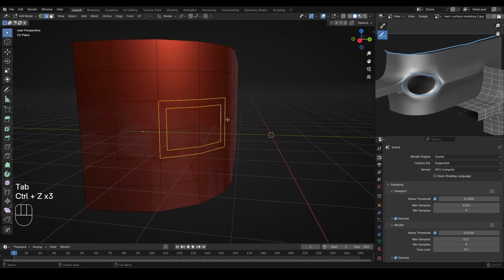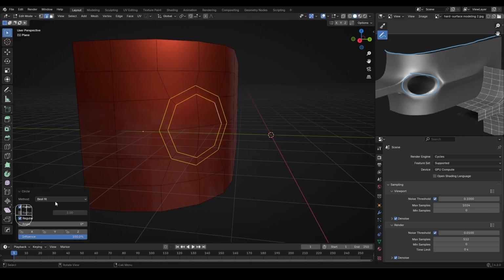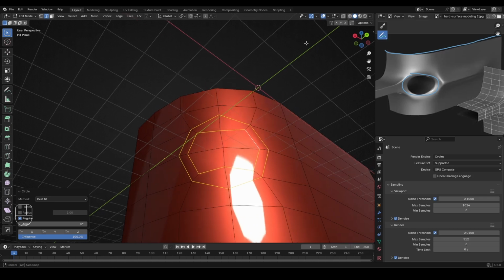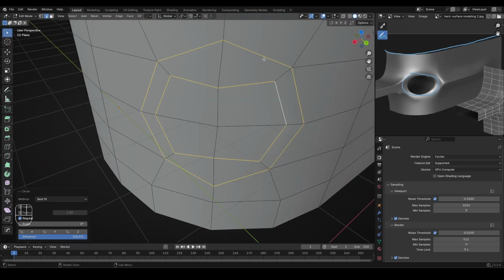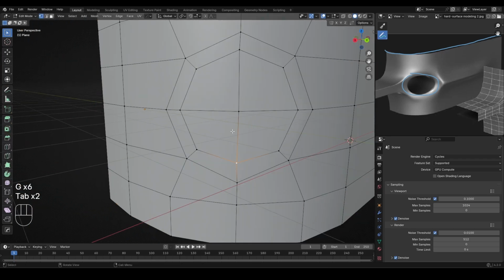But if I do the circle again and turn off the flatten option, you can see now the shading is much better. So this is the advantage of turning off the flatten option. Although I would like to make these better,